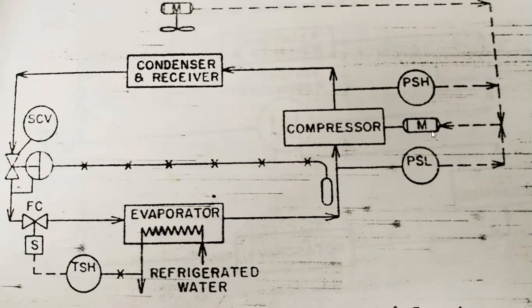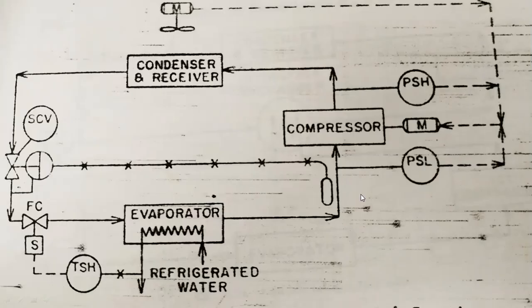So apart from this, you also have compressor controls, basically to sense pressure switch high or pressure switch low. This is basically to control the speed of the motor. There are two controls for the compressor. One, you control the speed of the motor. Another, you control the suction valve of the compressor in order not to compress the refrigerant. That's another way of controlling the refrigeration. So this is all about the instrumentation and control involved in the industrial refrigeration system.